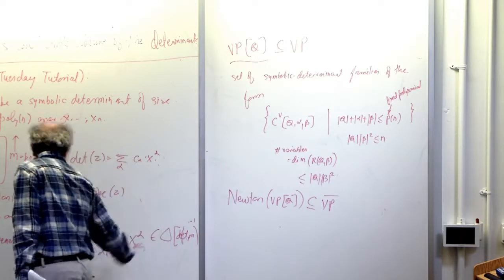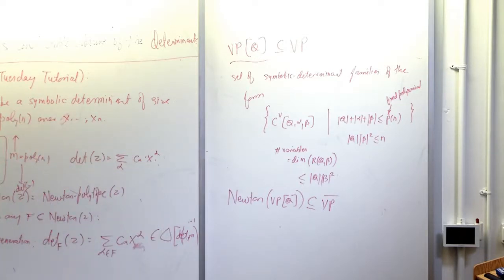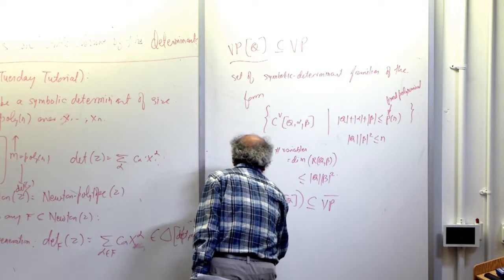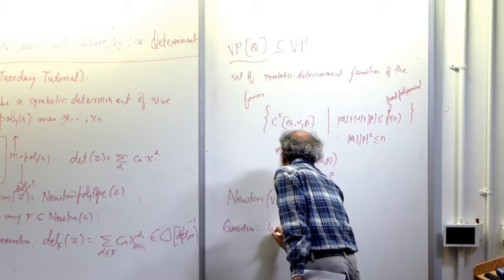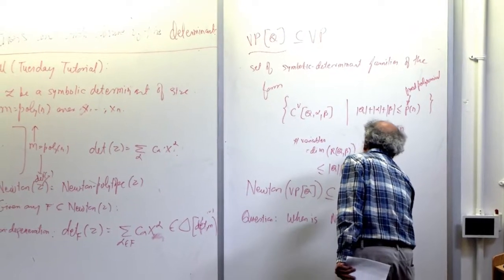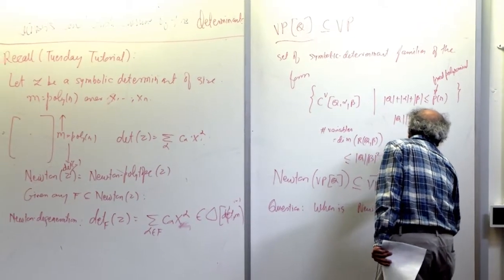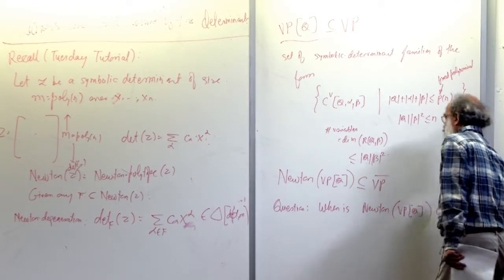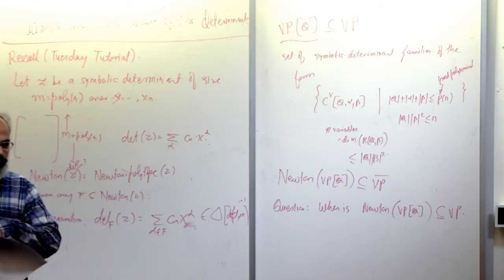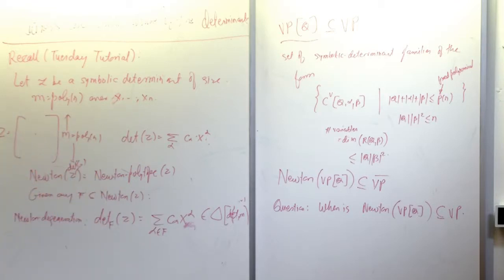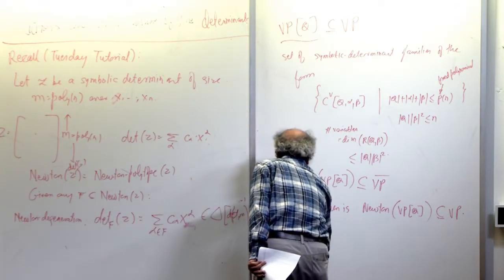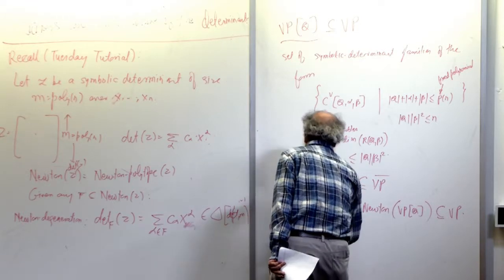Because all these Newton degenerations belong to the orbit closure of the determinant. And so now the complexity-theoretic question is: when is Newton PPQ inside VP? When do you live in the Valiant world and when do you live outside, based on the quiver? That is the question, and the conjecture would be that it holds if and only if, and you are always assuming that